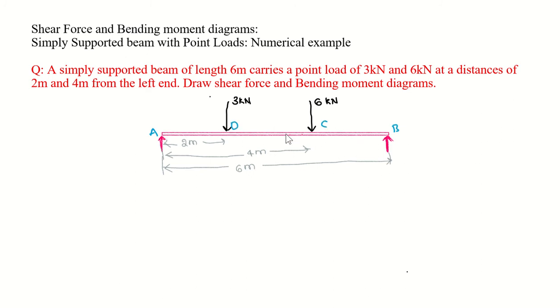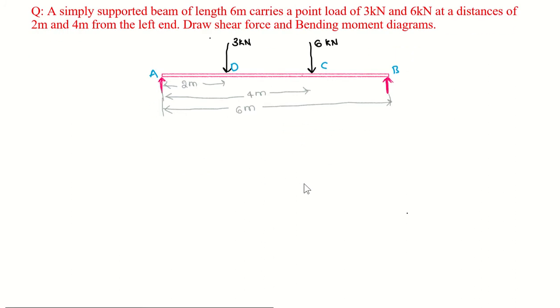As you know very well, this simply supported beam is simply sitting on two supports. Whatever the load carried by this simply supported beam will be shared by these two supports. That means the supports are showing some reaction against the forces acting on the beam. So let us try to find out the magnitude of these reaction forces. For reaction forces we have two conditions, as we have previously discussed. The first case is all the upward forces are equal to downward forces, or sum of the forces should be zero. Then we can say the beam is in equilibrium, right?